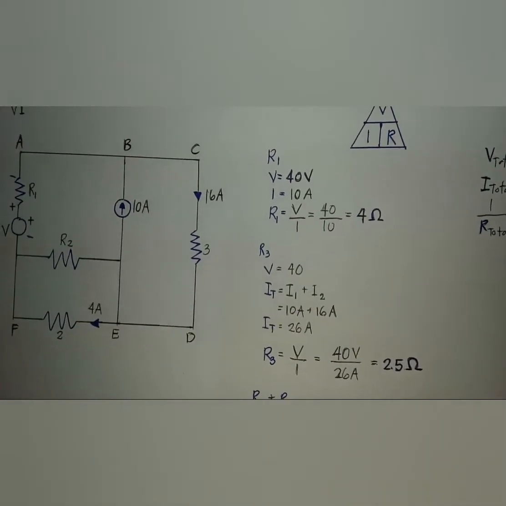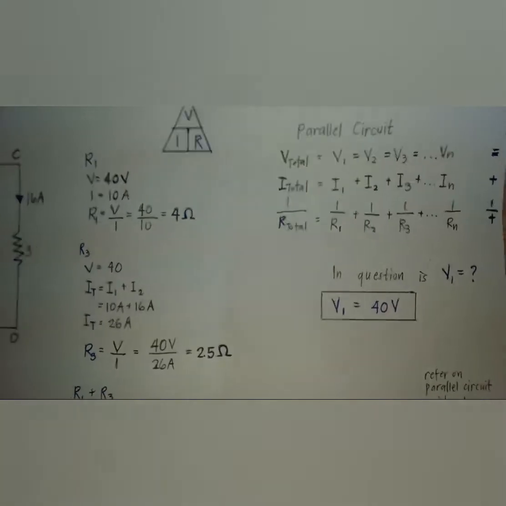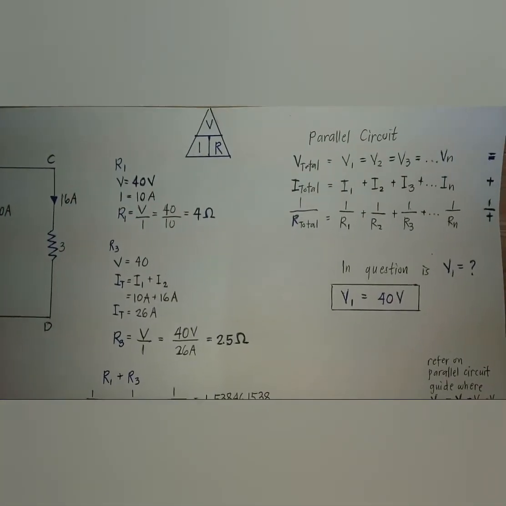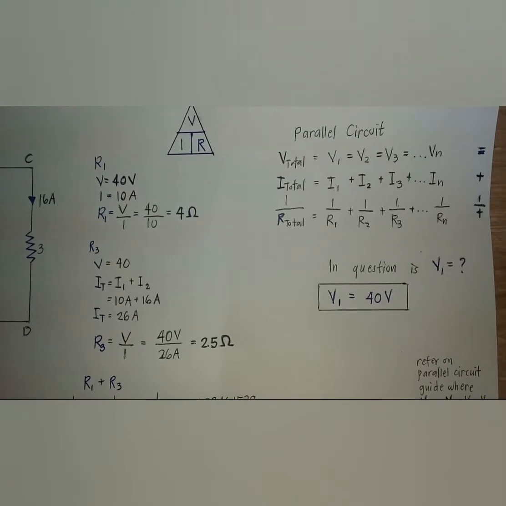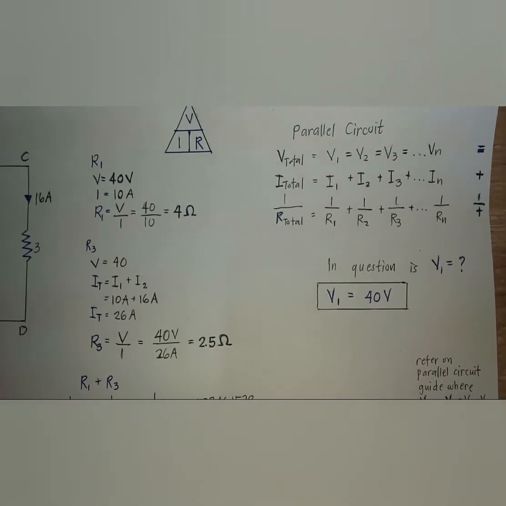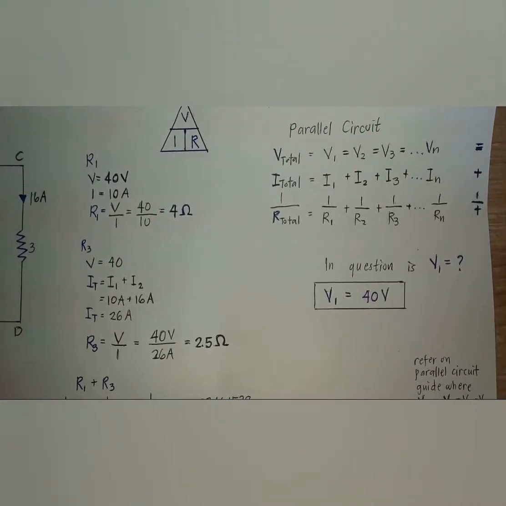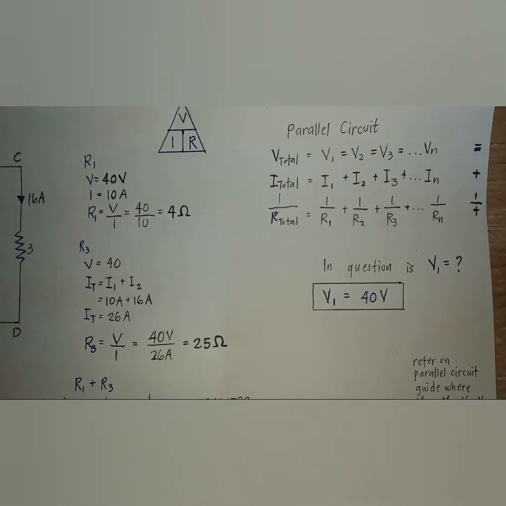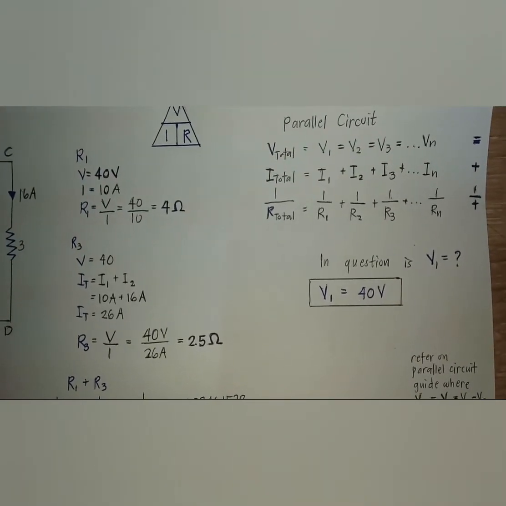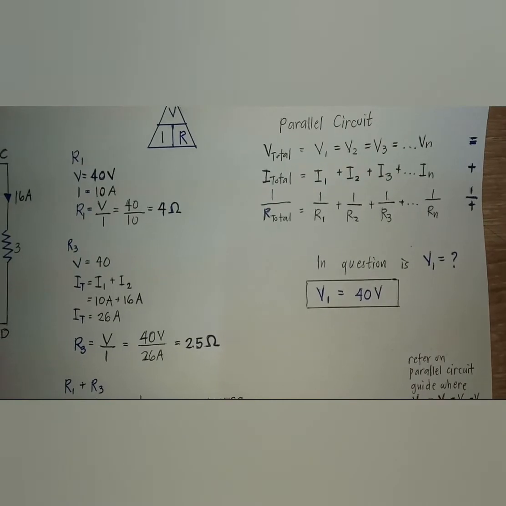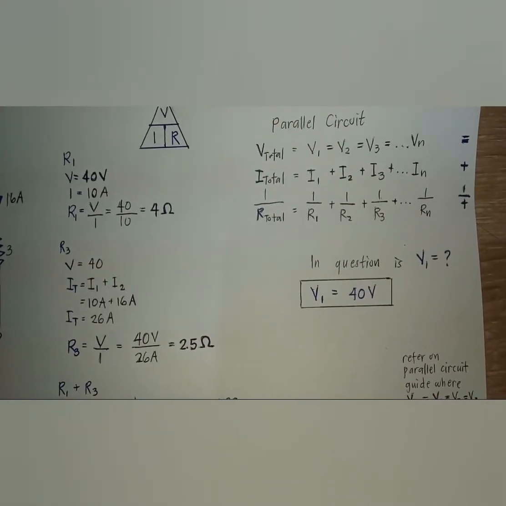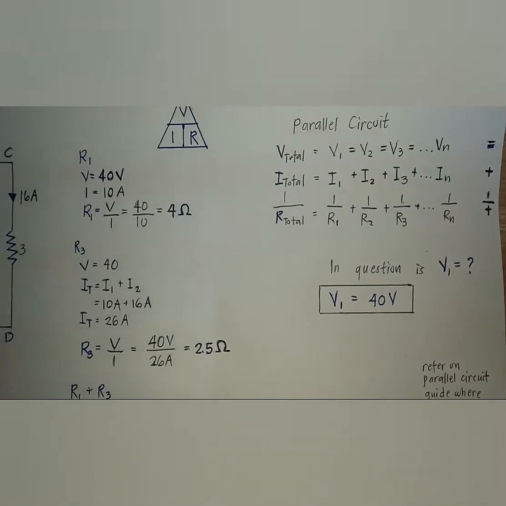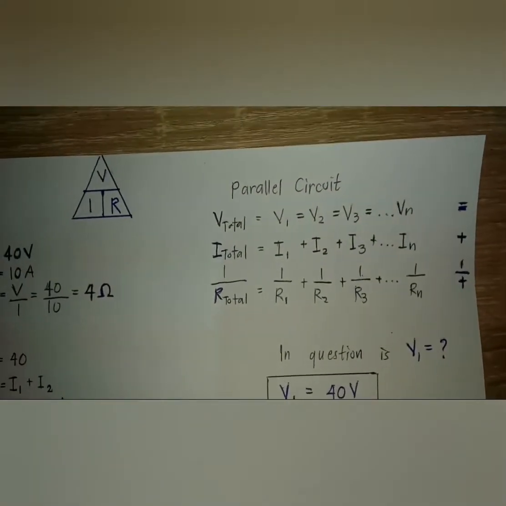Next, we will find the R total, so that would be R1 plus R3. So let us first review the parallel circuit. That would be 1 over R total equals 1 over R1 plus 1 over R2 and so on. So this is a guide where VIR equals plus 1 over plus, for me to easily remember. So to continue,